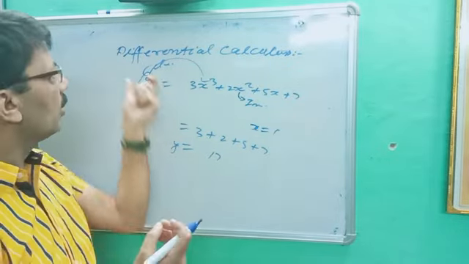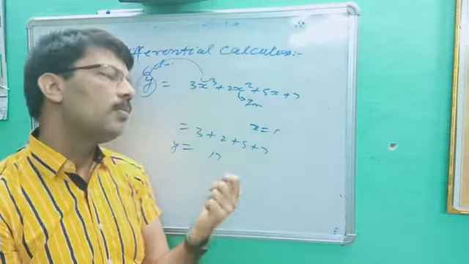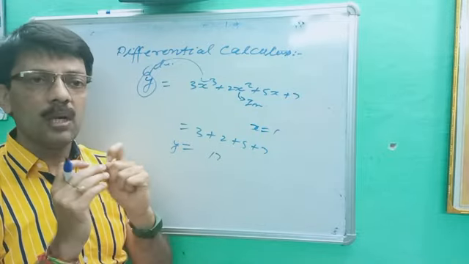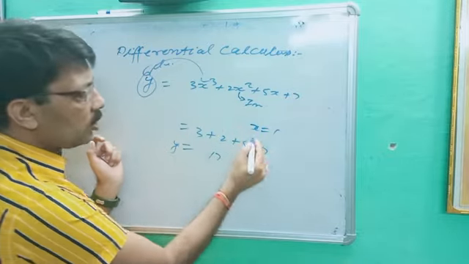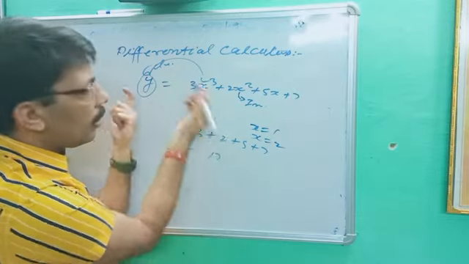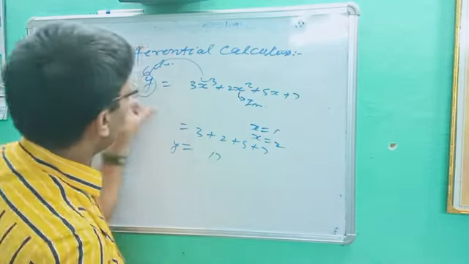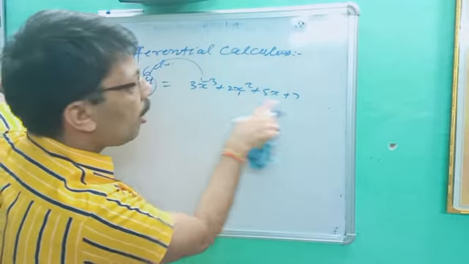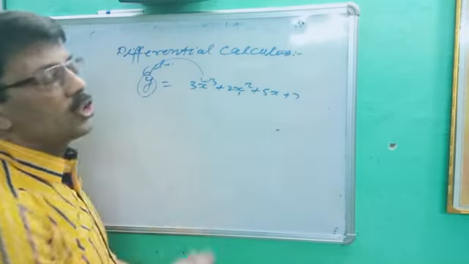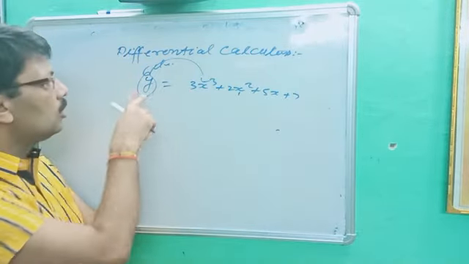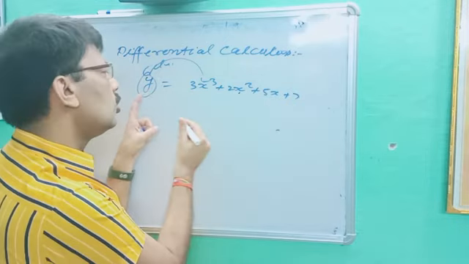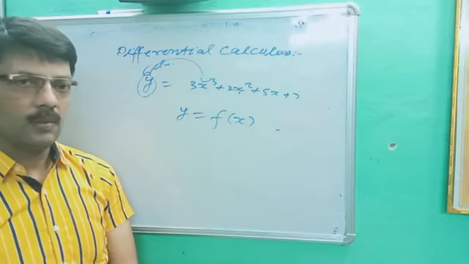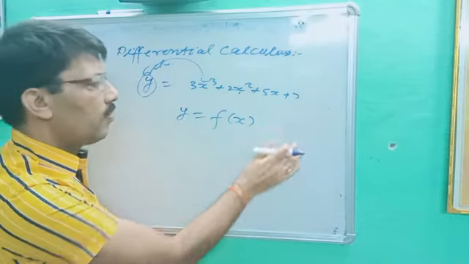Actually our topic is differential calculus or differentiation, but before that we are discussing what a variable is and what a constant is. No doubt a constant never changes its value, while here for x and y, if you take x is equal to 2, there will be some change in the value of y. It means y completely depends on x. It means y is written in terms of x, that's why y is called a function of x. Note down the point: since y is written in terms of x, we can write y is equal to a function of x.